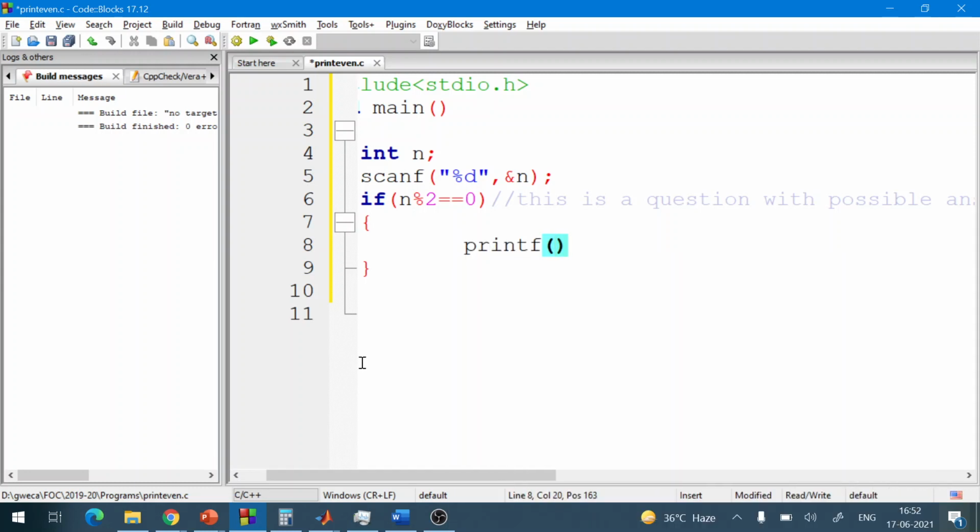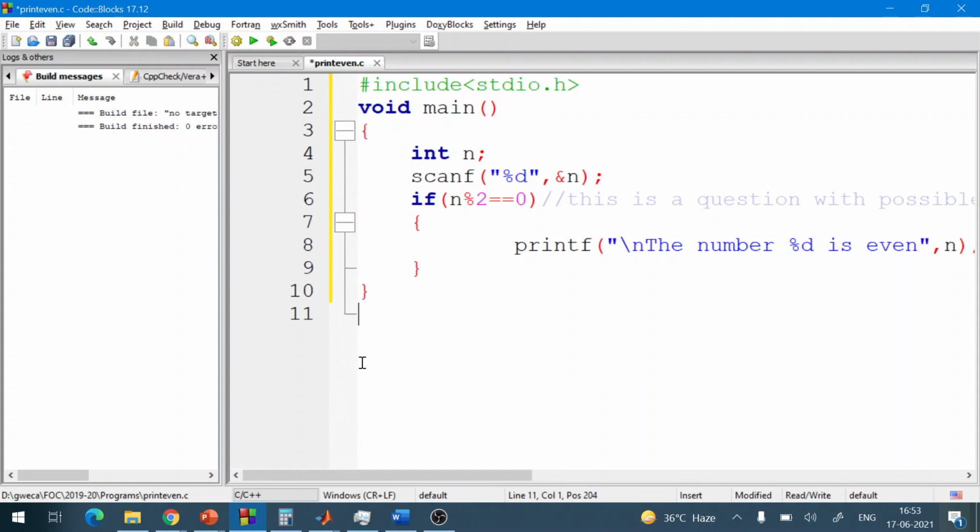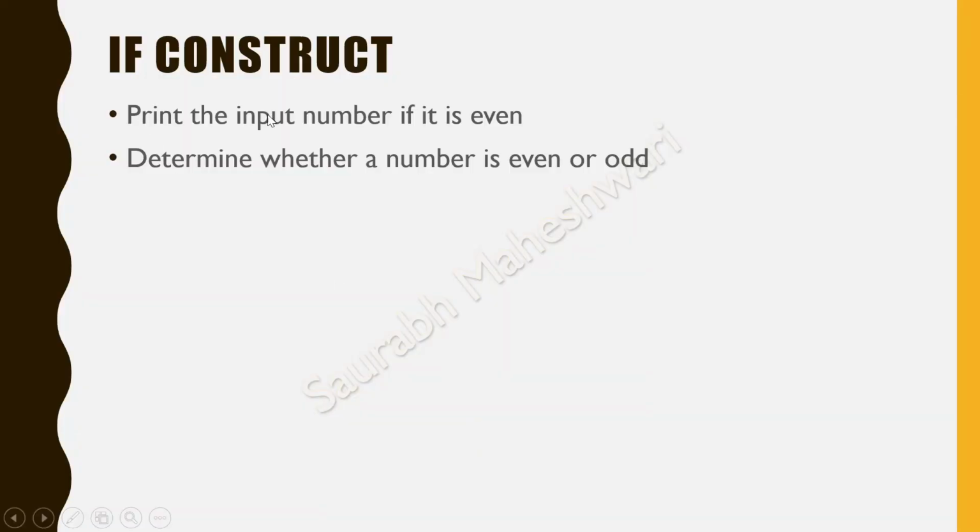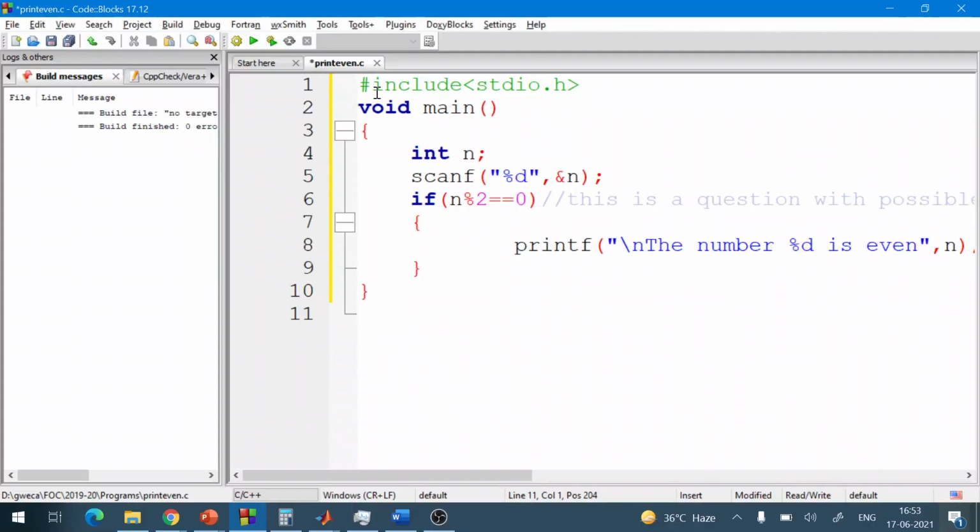Printf, the number percent d is even, backslash n. And what is percent d here? n, right? So when it runs, this percent d will be replaced by the value of n. So this is our program to print the input number if it is even.